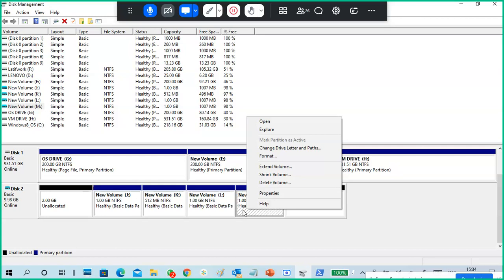Sir, yeah, tell me. Sir, if my laptop has an SSD instead of an HDD, sir, is there any possibility to do the partition in SSD? Yes, sir, you can do partition. But what is the size of your SSD? 512. 512 GB. Okay, you can do it. No problem. Same thing.